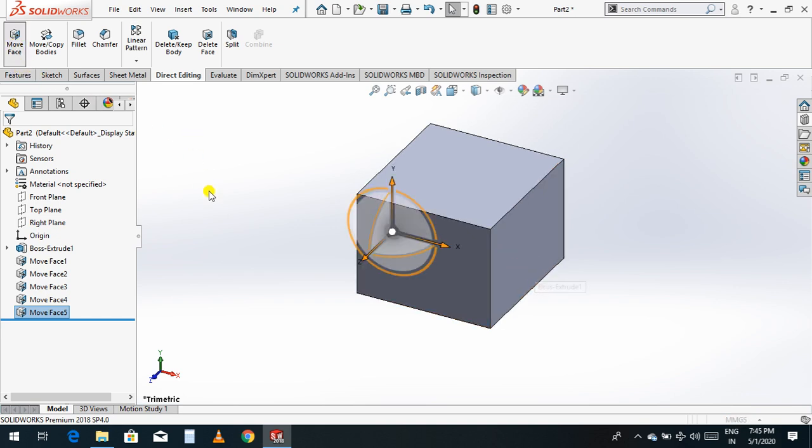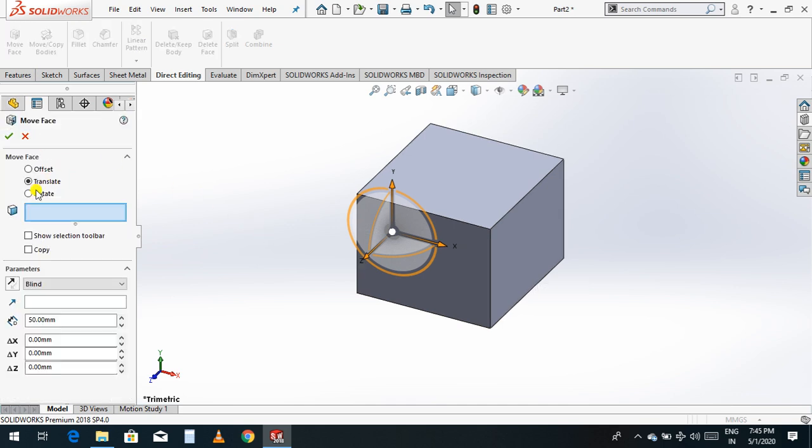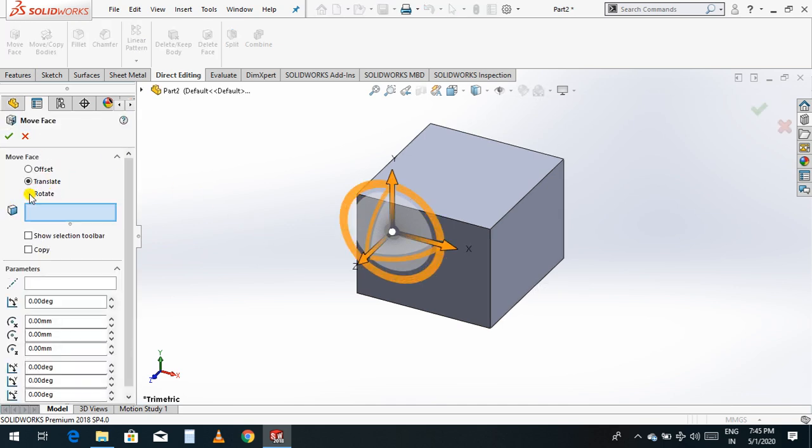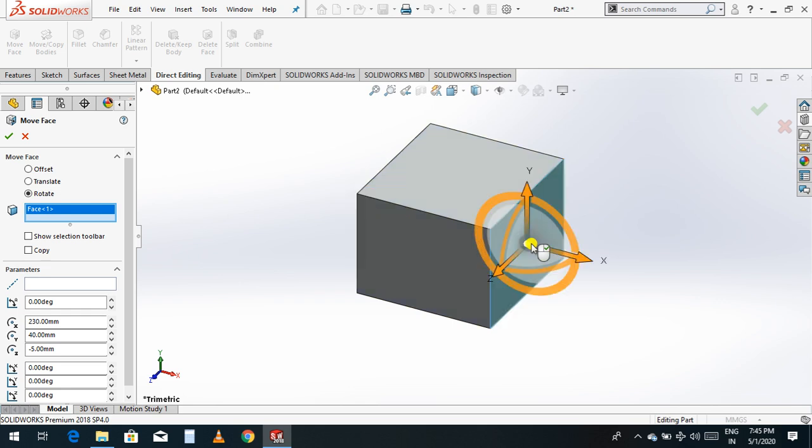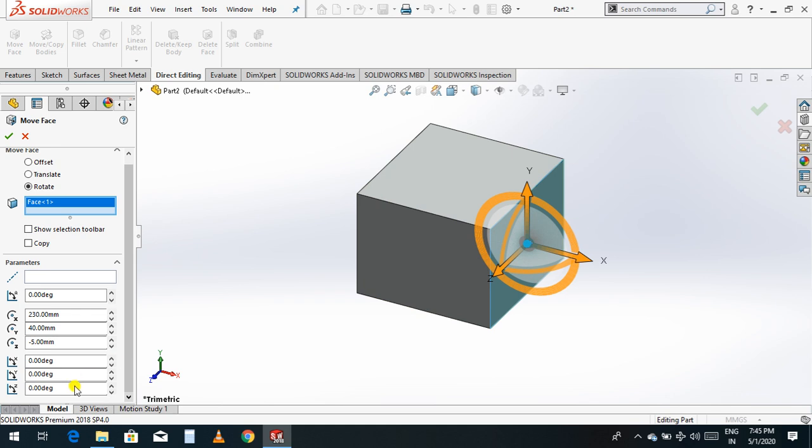The last command we have in move face is the rotate command. If you select the rotate command, select the face, I'll select this face. Below you can see the directions x axis, y axis and z axis. If you give an angle of 30 degrees on the y axis, the face will rotate 30 degrees.